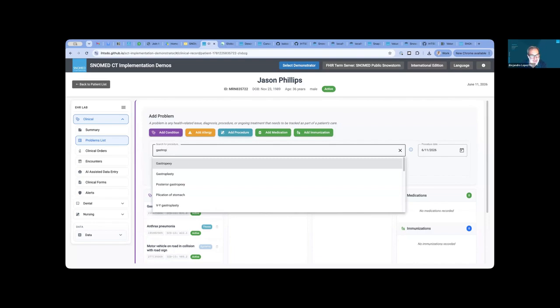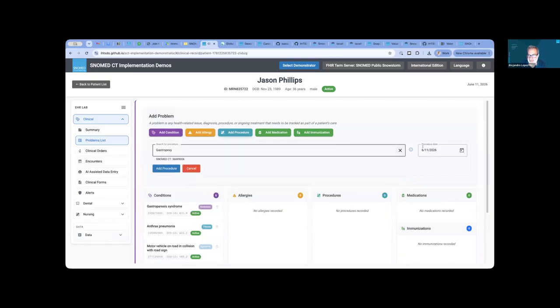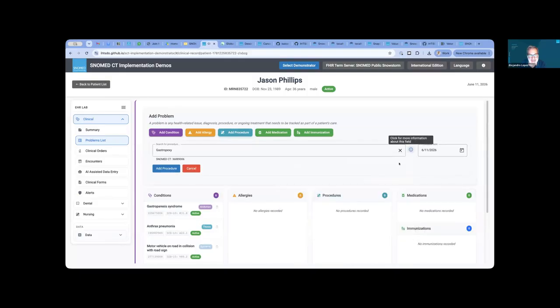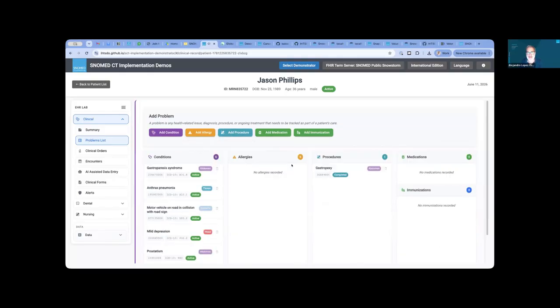So I type the same thing in a different field, the procedure, and I get different options. And I click gastropexy. If I click here, I can see that this field, the terminology binding, is restricted to procedures. So if I'm a clinician, I don't need to worry about selecting the wrong thing, because each time I click, everything is filtered specifically for me. And now I have a procedure stored.